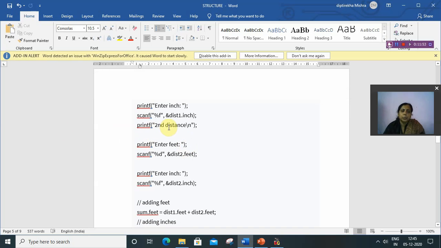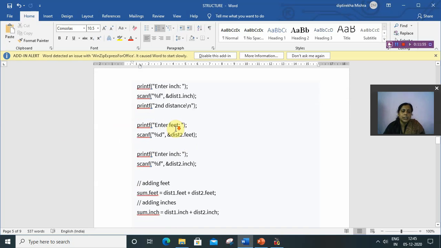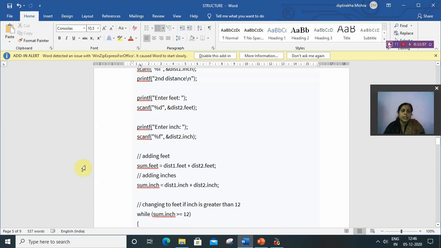Then printf enter second distance, and for the second distance we are using the dis2 variable. So scanf %d ampersand dis2 dot feet, and for enter inch %f ampersand dis2 dot inch.